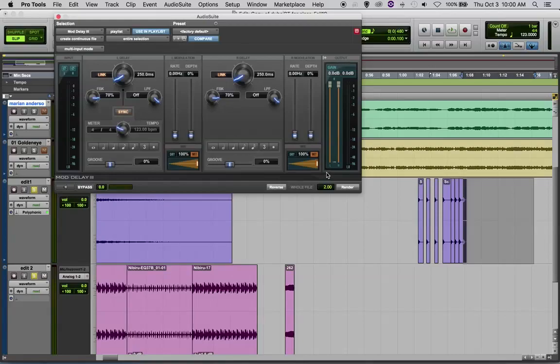So let's try that. Oh, and then you can do something cool if you unlink your delay. Well, let me do that first. Getting ahead of myself. I'm so excited. The other thing about delay is that if you leave it at 100% processed wet, you only actually hear the delay. You'll notice there's a pause there because it's 100% processed. You're not actually hearing the original